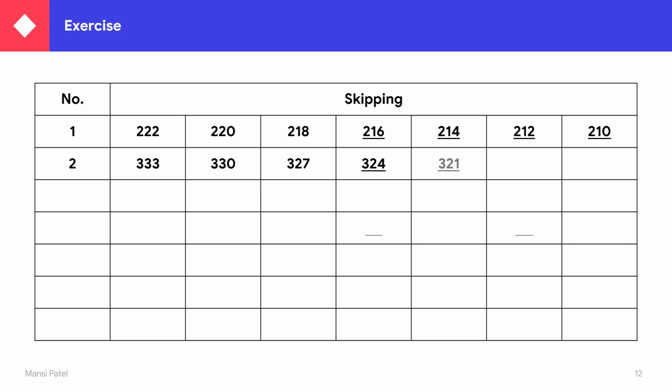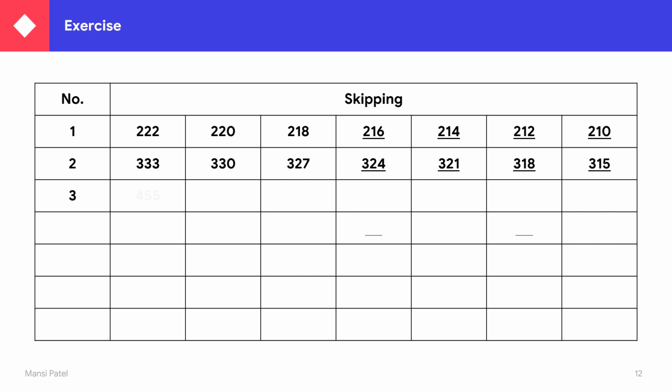Then again subtract 3. So it's 321. Now again subtract 3. So 1 minus 3, it is not possible. So we have to borrow from 2. So 2 becomes 1 and 1 becomes 11. And you know that 11 minus 3 is equal to 8, and 3 and 1 stay as they are. So your answer is 318. Then 318 minus 3 is equal to 315.